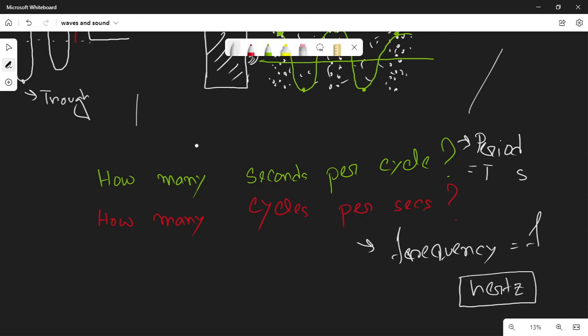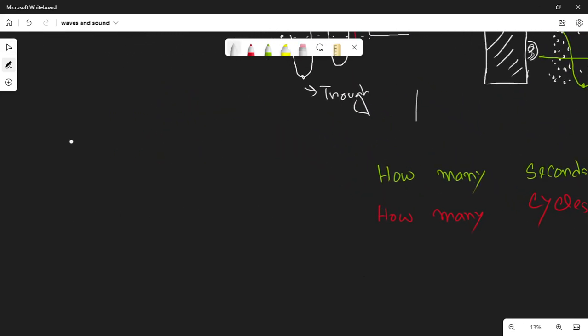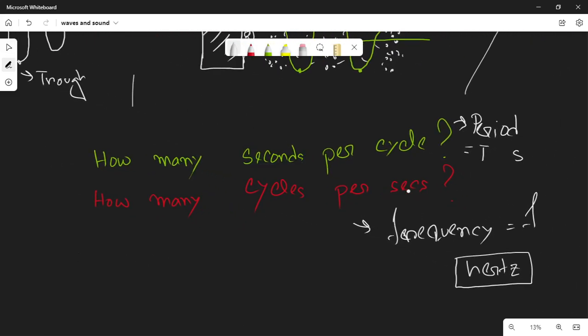So notice here that these two things are the complete opposite questions. And it makes sense because they're the inverses of each other, the period and frequency. So the period will be the inverse of the frequency, and the frequency will be the inverse of the period. So if I tell you that in each second I can make 20 cycles, so the frequency will be 20, then the period or the time taken for each cycle will be